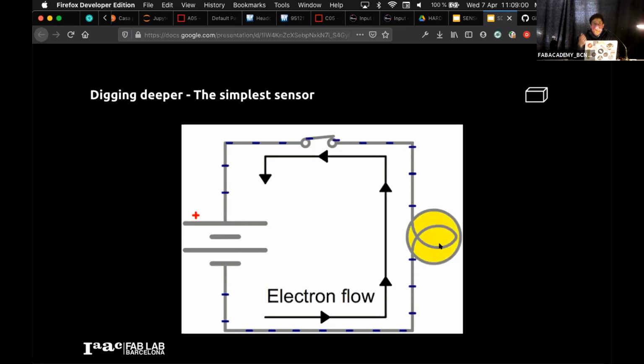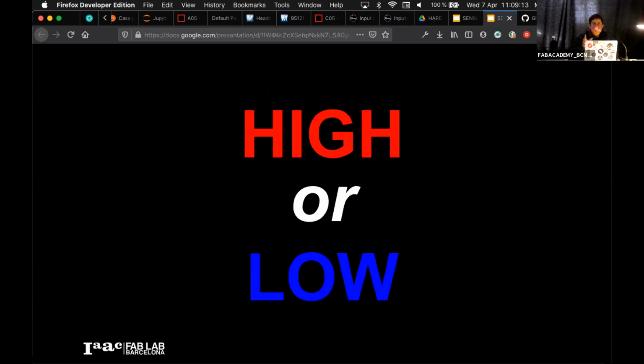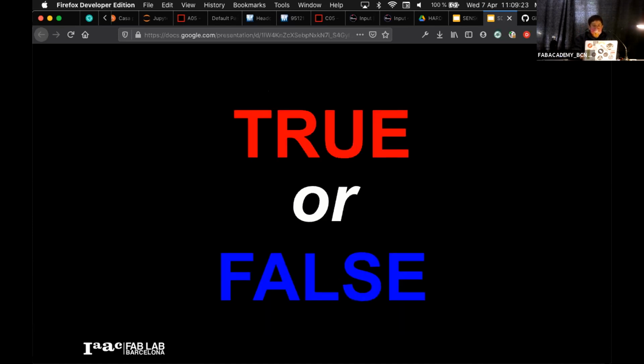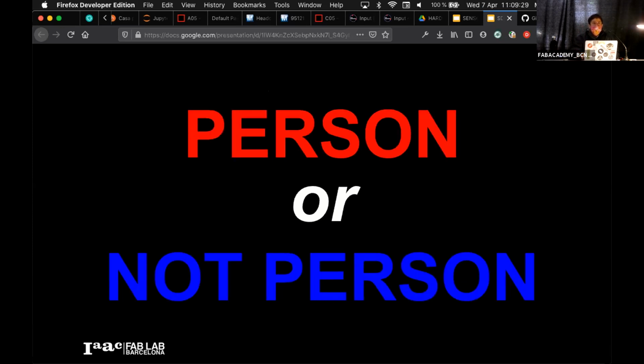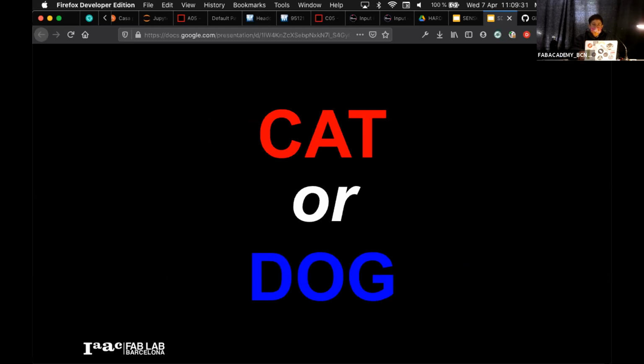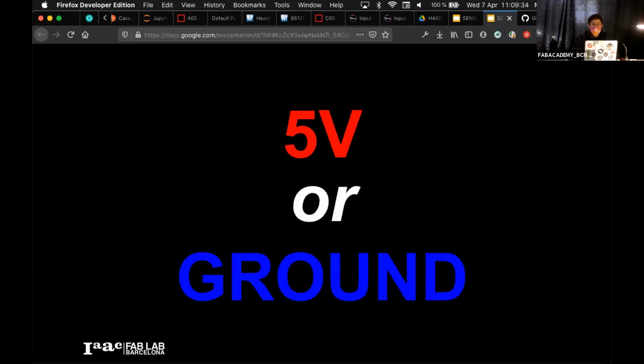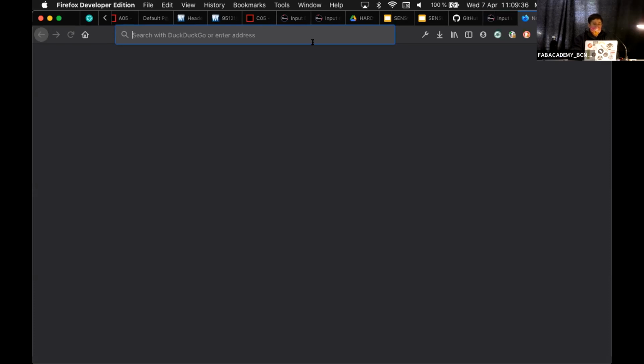For that I could put either a light sensor or something that measures voltage somewhere in here, and I will know that there's a piece of information that is represented by a 1 or a 0. This is the first one that we're going to see, a digital sensor that can either be high or low. Either the lamp is on or off, 1 or 0, true or false, yes or no, person or not person on top of the switch, a cat or a dog, or it's 5 volts or ground. And this might seem very stupid, but